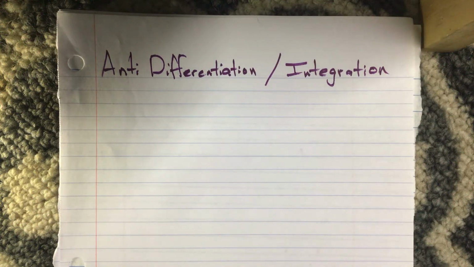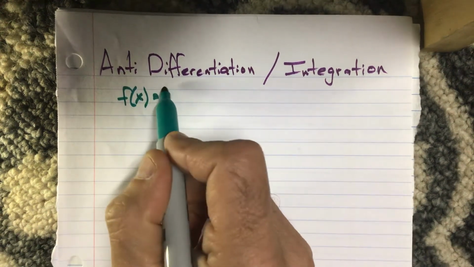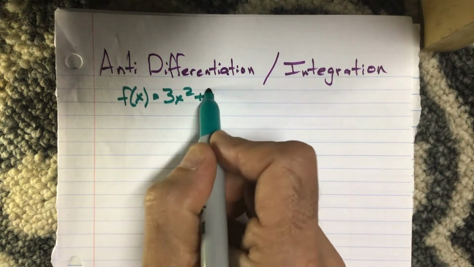So this video is on anti-differentiation or integration, which is the opposite of taking the derivative. We call it taking the integral or integrating, or you can refer to it as anti-differentiation. So if I take a function like f of x equals 3x squared plus 7, and I were to take